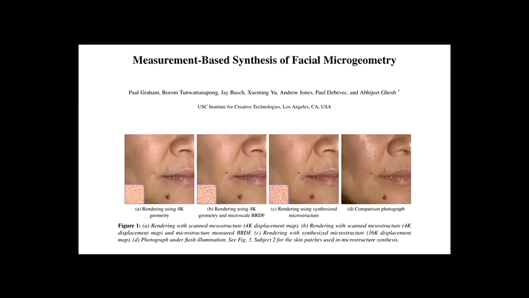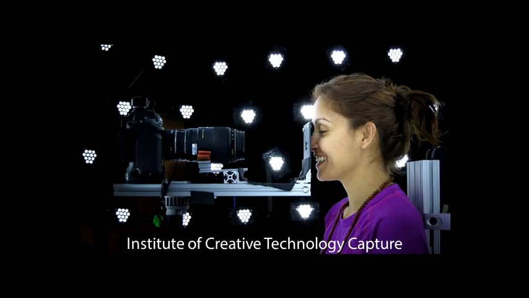So using this model, we try to mimic the results from a state-of-the-art report from the ICT, which Paul explained before, where they describe a really accurate skin capture system. But the issue that we have with this is that we unfortunately cannot use 16K maps for our characters. And also we have some time constraints for developing this. So we tried to figure out what we can do to simplify what they did in a way that